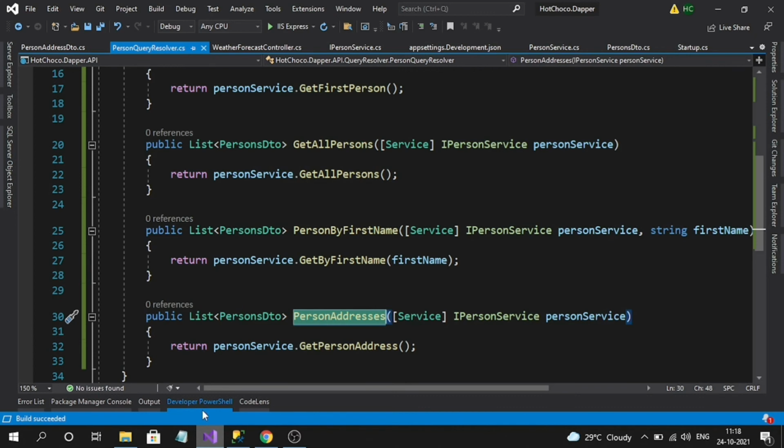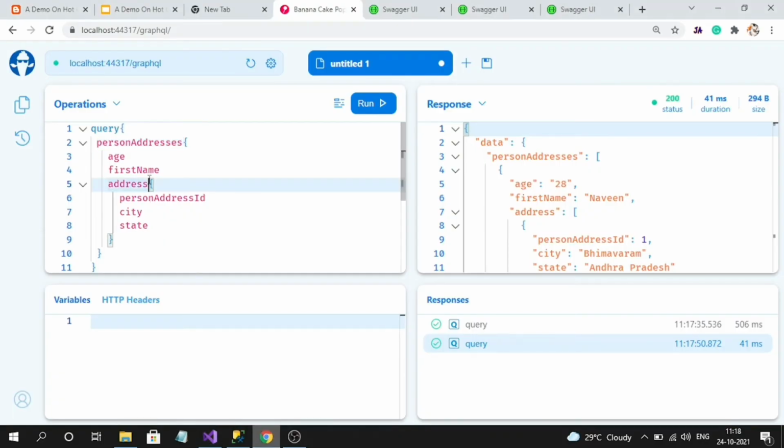So that is how we can call complex query types. Complex query types, we have to make them like a separate object while querying. That is the beauty of GraphQL, where we can filter child object properties as well while requesting. So that's all the basic overview on query resolver.